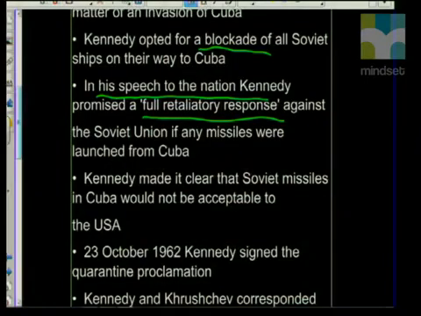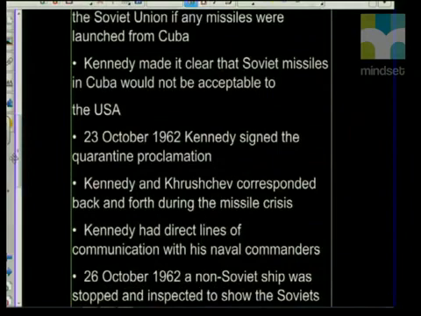He also made it clear that the Soviet missiles in Cuba would not be acceptable. That is why the quarantine was put in place. And then there is a source that also told you that on the 23rd of October, he signed the quarantine proclamation. So again, I said to you when we were analyzing that source, by signing it, they were trying to prevent